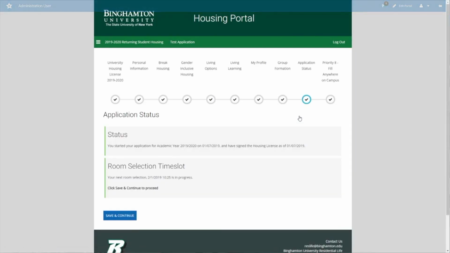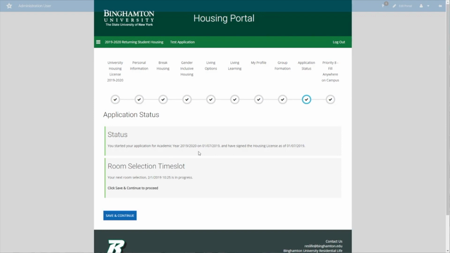This alert tells me that I have a time slot for the housing priority currently in progress. Yours may indicate that you do not currently have a time slot. It'll tell you when housing begins. We will not send an email as we might have done when you were first coming to Binghamton because you may qualify for several different priorities. We don't know what you want to do as a returning student, so it's up to you to make sure you familiarize yourself with the instructions and then sign up during the appropriate time.